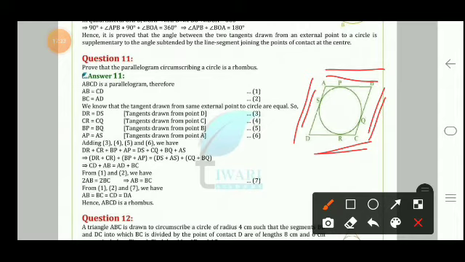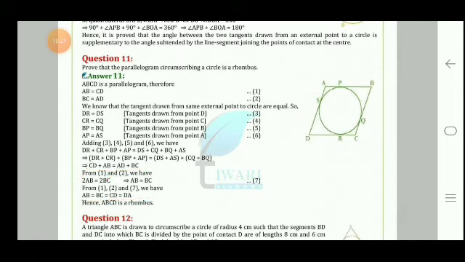Then adding all, we get the result AB plus CD is equal to AD plus BC. Now as we know the opposite sides are equal, this AB plus CD can be written as twice AB, and AD plus BC can be written as twice BC. So we have here AB is equal to BC. So from 1, 2 and 7 we have AB equals BC equals CD equals AD. Now when all the sides of a parallelogram are equal, or if a pair of adjacent sides of a parallelogram is equal, then it is a rhombus, because as we all know, in a rhombus all the sides are equal.